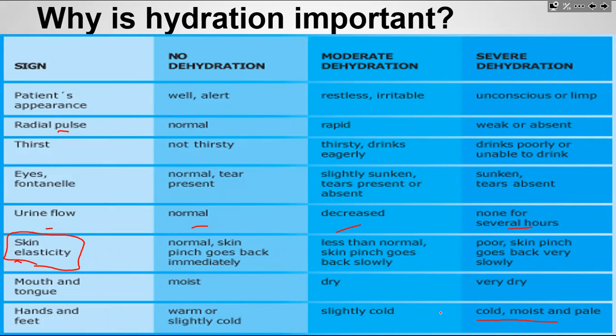When you get severely hypothermic, your body quits shivering because it's past the point where it can fix itself. Unless you put yourself in a warmer environment, your body is not going to be able to regulate anymore. It can no longer heat you back up. Same thing's happening here. Your body is going to hold on to moisture as long as it can. Once you reach that critical endpoint, it just gives up.